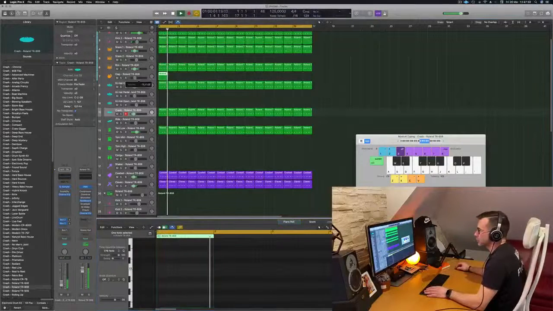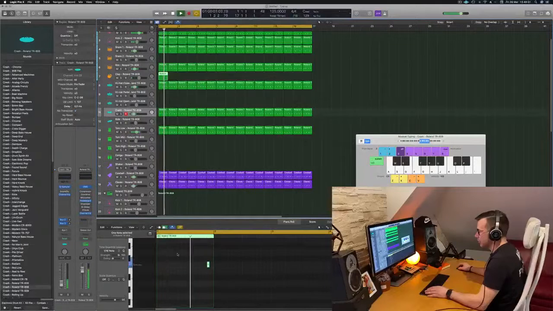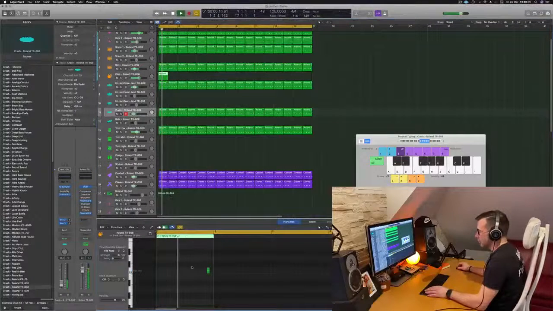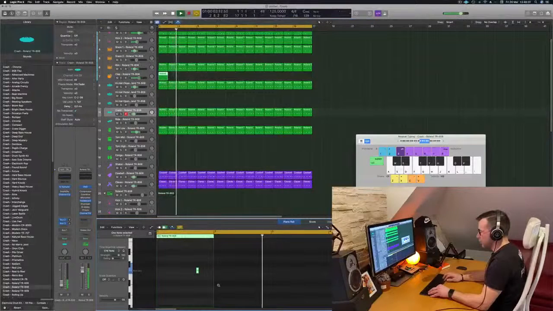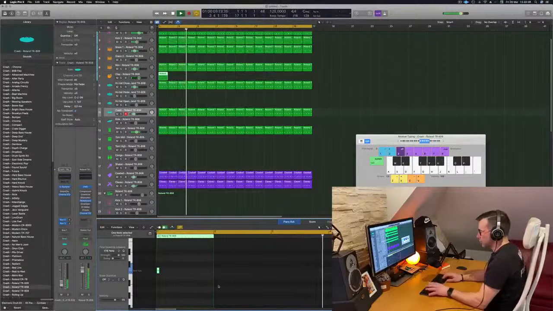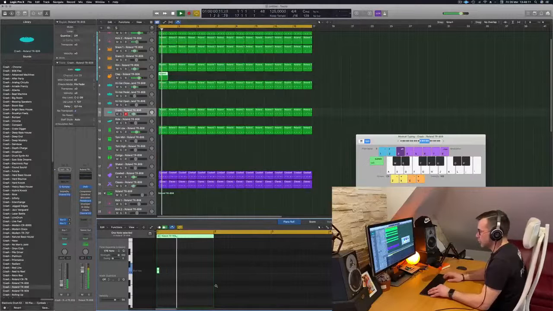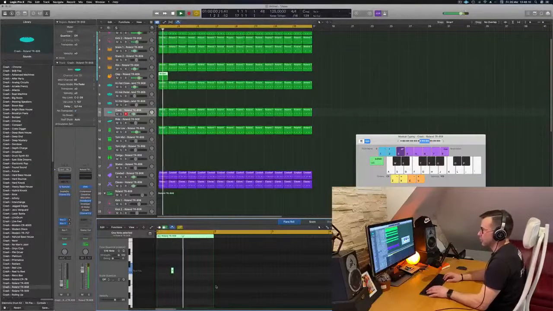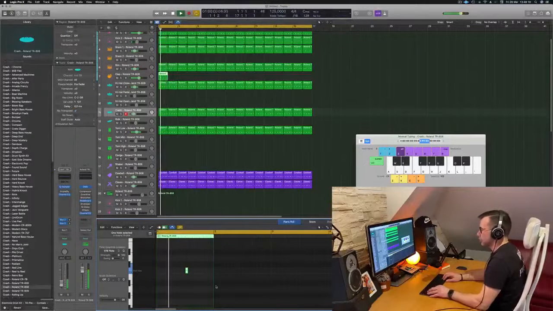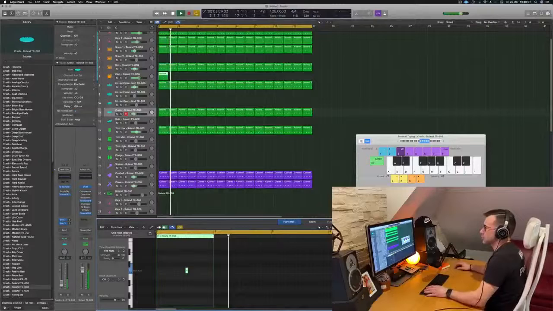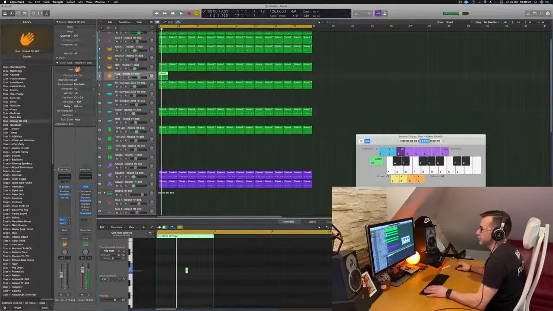I don't know why this is turned down. This should be at 0. There's many ways to do it, but I don't want it to be on top of the snare, so